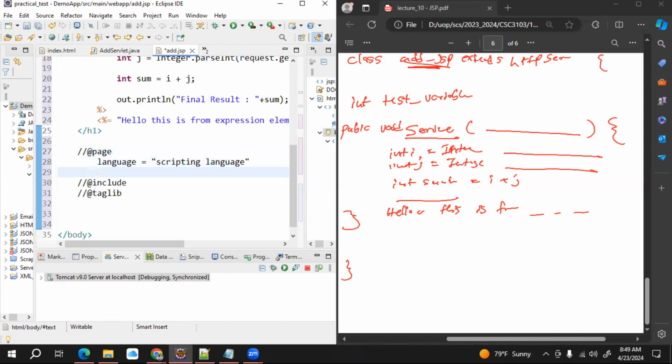Next one is extends. If you want to extend some external or separate Java class, you can use the extends attribute. Then you can specify the class name here, right? Then import. If you want to import some external package to your program, you can use the import attribute. You can pass an import package list,